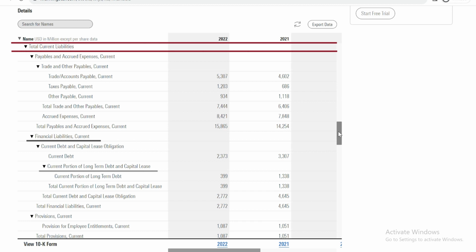Thus, if capital lease appears under non-current liabilities, it refers to the amount they have to pay in the long term for the capital lease obligations that, of course, have an expiration date of longer than a year. Because remember, anything listed under non-current is outside a 12-month timeframe. Coca-Cola has a total financial liabilities of $2.7 billion between current debt and capital lease obligation payments that will be